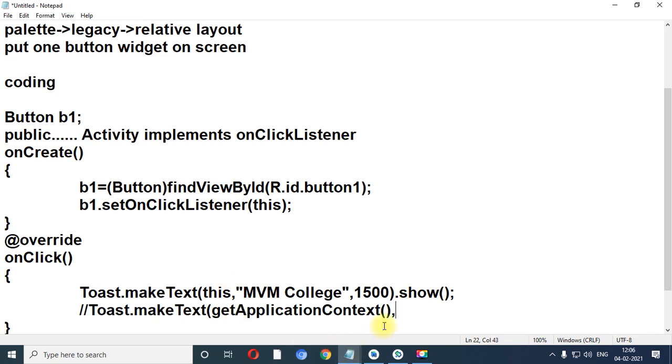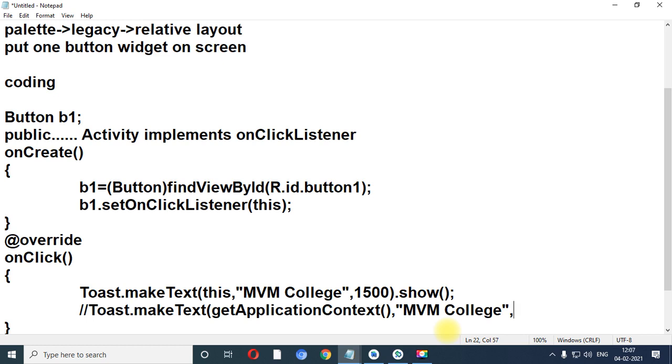So getApplicationContext is nothing but it refers to the current activity only. So either you can use this or you can use getApplicationContext. Any one of your choice you can take. Now MVM college. In the third argument, you have a fixed keyword, you can use it.